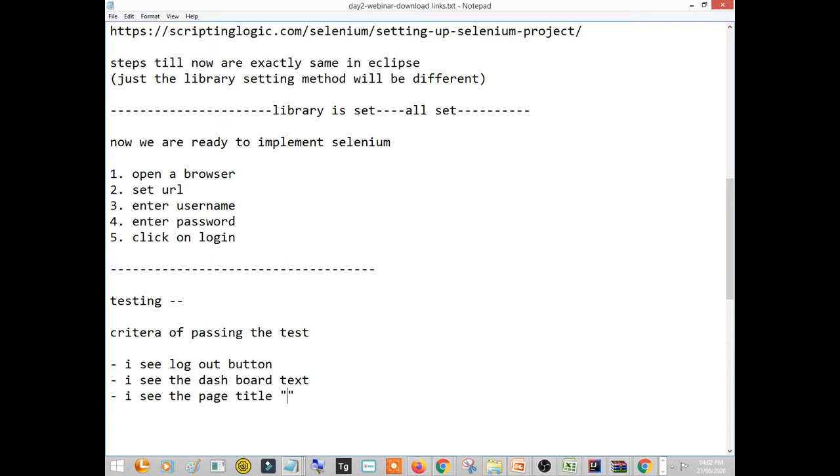Here in our case it is POSNIC dashboard, right? So let us stick to this, and we will verify whether the test is passed or not.